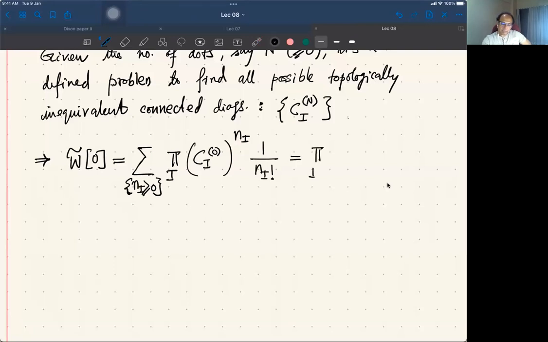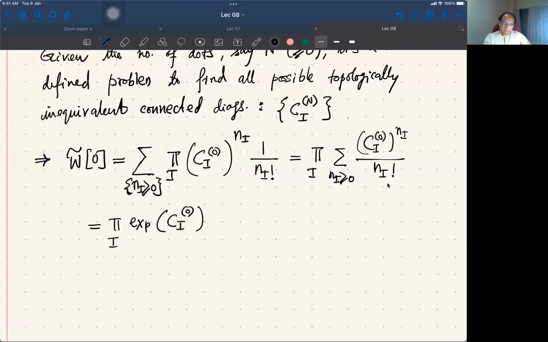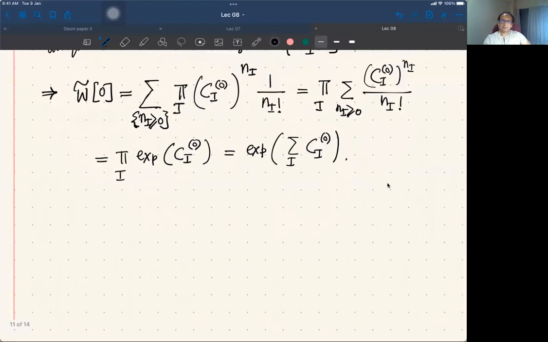Just take the product outside and then sum over ni greater than or equal to 0, ci0 to the power ni divided by ni factorial, and this is nothing but the exponential, right? So this is product over i of exponential ci0, which is exponential of sum over i of ci0. Okay,